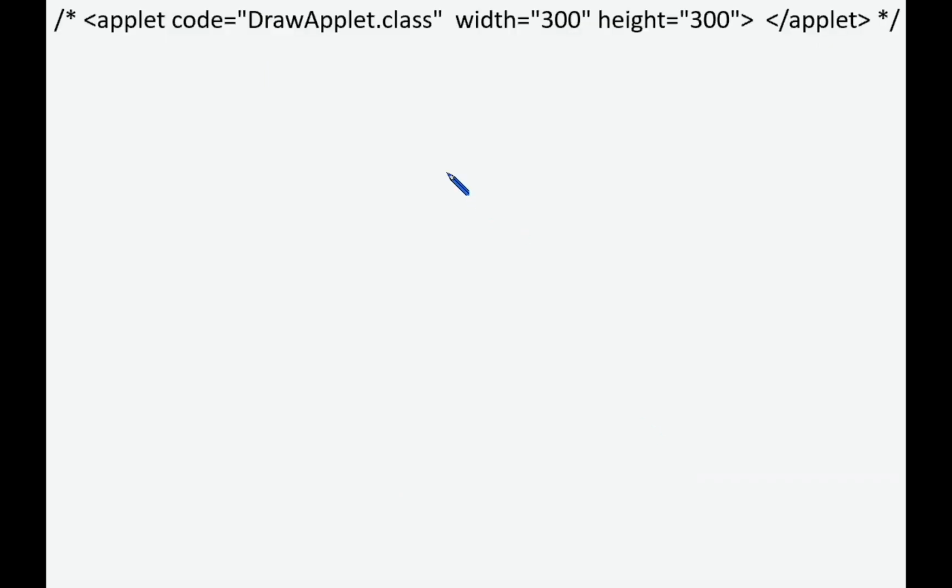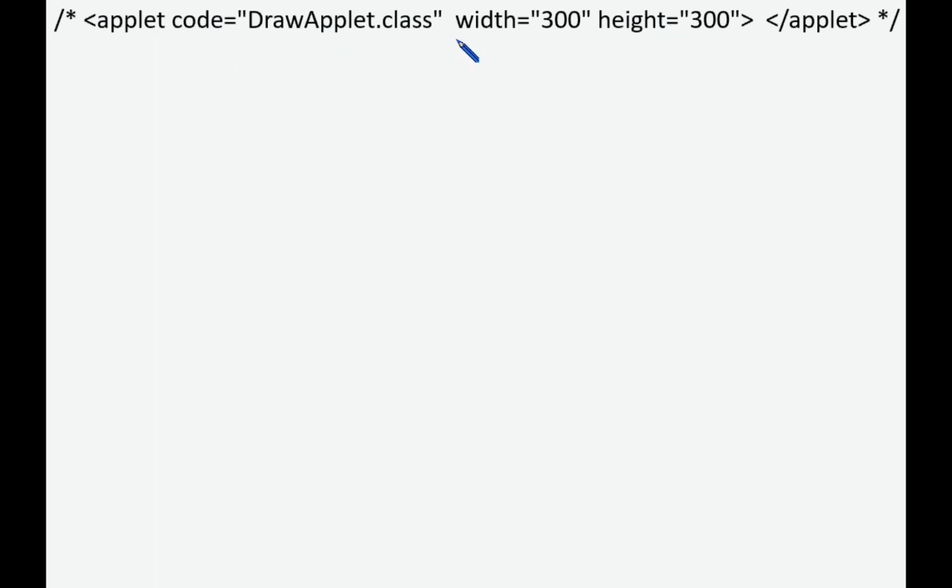See a simple applet program to display a message. So what is the first statement? So that is the applet tag. So this can be included in any part of the program, at the end or in the middle or after the import statement also. So this applet tag consists of three important attributes, namely code, width and height.